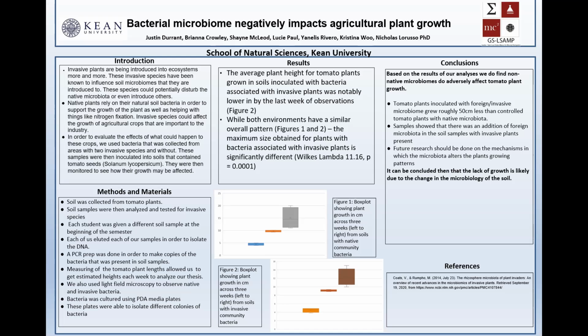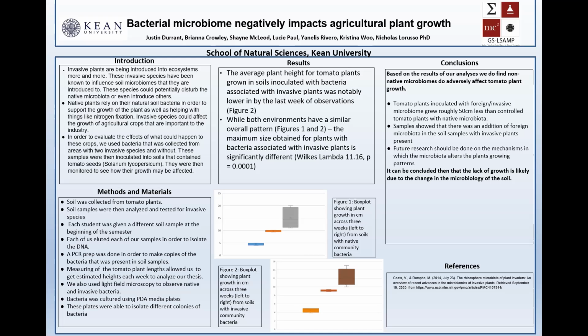The light field microscopy, while it looked good, to see the microbes culturing or growing on the plates, it was really the PCR test that gave us a very accurate description of all the microbes that were present in the soil. Not all microbes grow on plates, so it was not nearly as accurate as the PCR